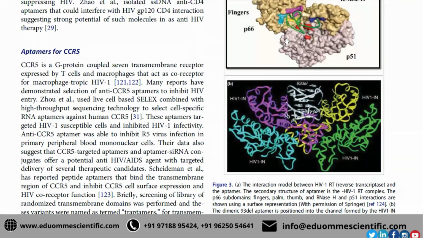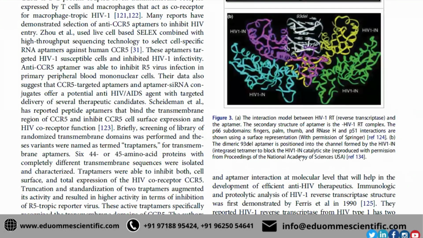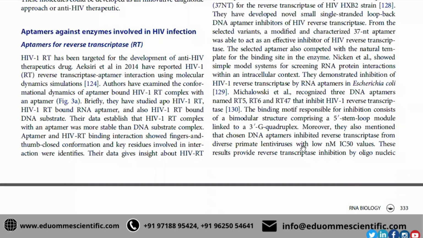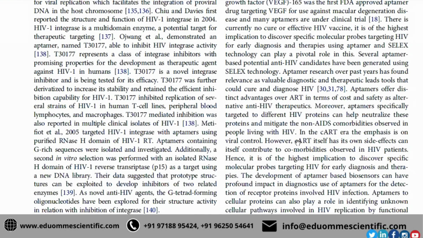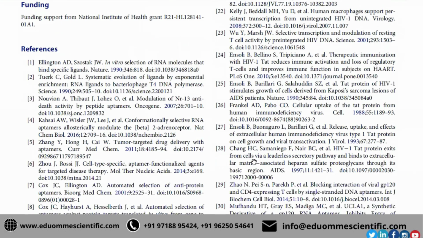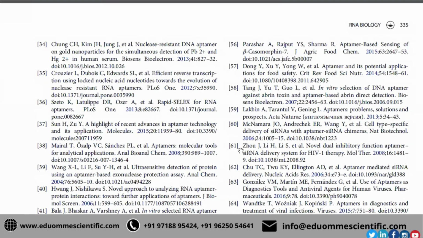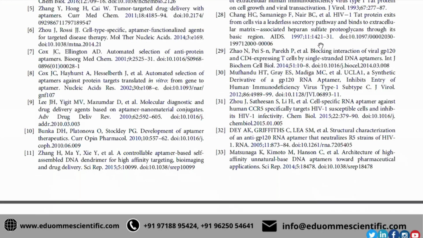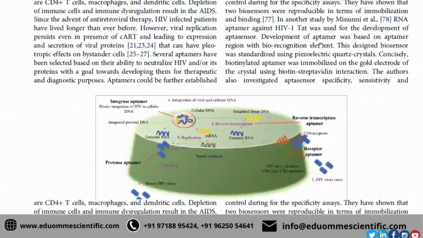If I am presenting different figures from different groups, at that time I have to take the copyright and permissions also. So this is a kind of review. All the subsection information is present here. We don't have any conflict of interest. We have used the grant of NIH, so we have mentioned the funding and acknowledgement, and all the citations are given here. So this is related to a review, which we have published in RNA Biology from a US lab.